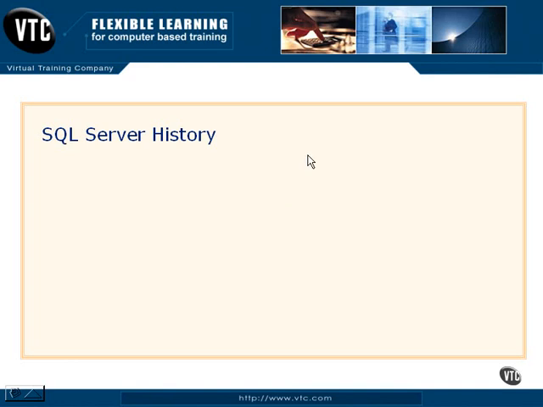I want to cover some SQL Server history with you just a second, and your first inclination here may be, wait a minute, I don't need to know this junk. Well, you might. What I want to do is arm you with some information so that when you see a certain version of SQL Server, you know what you're up against. Because trust me, there's still a lot of this stuff out there.